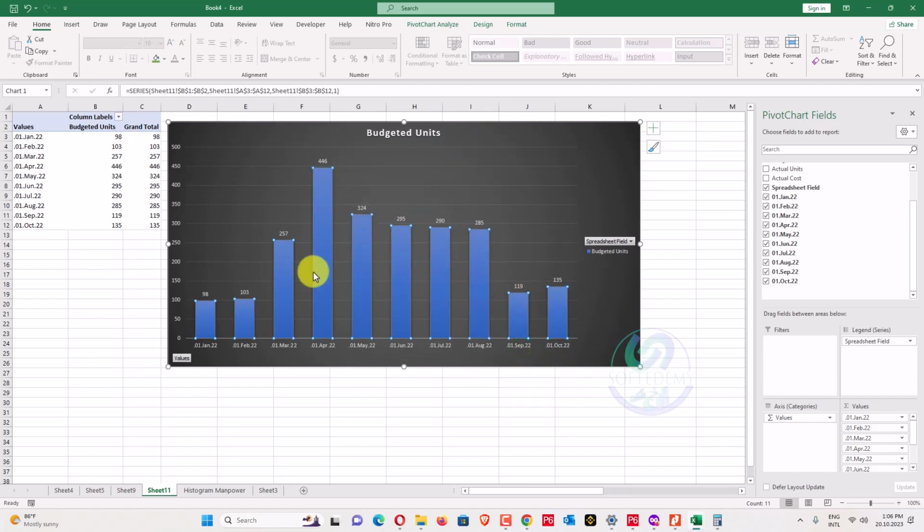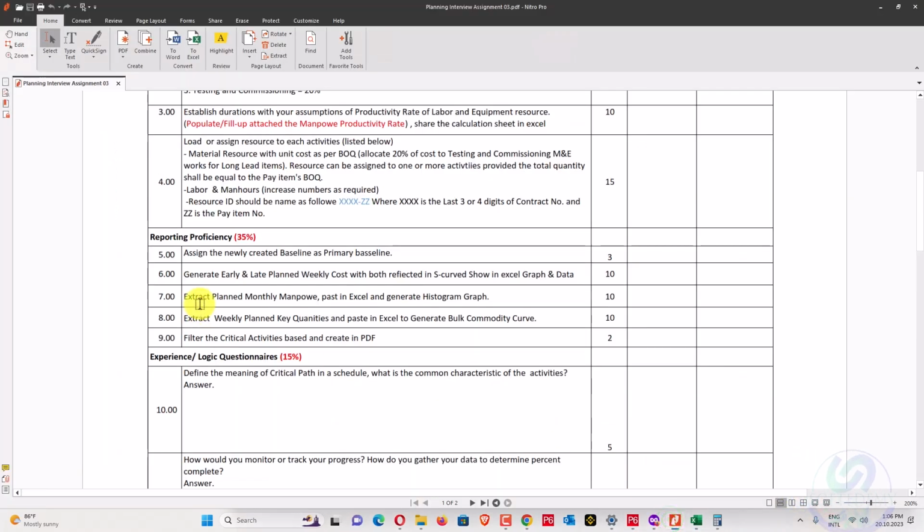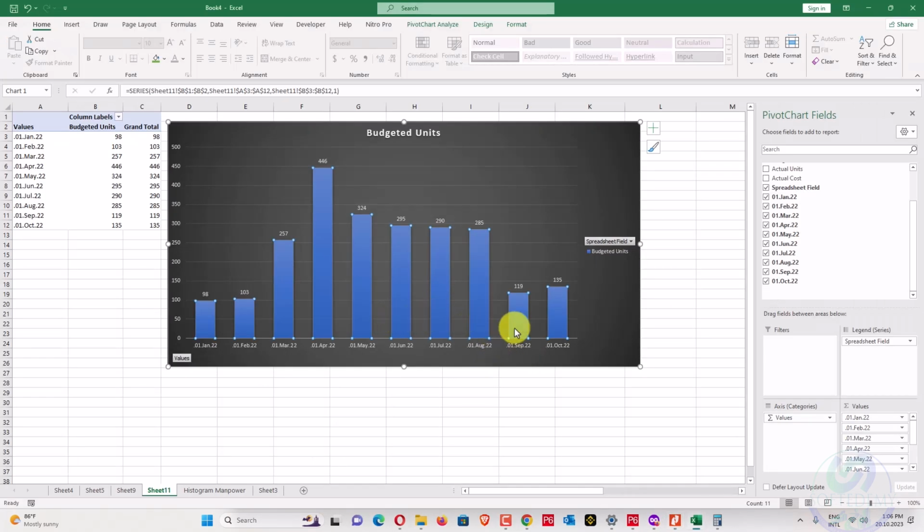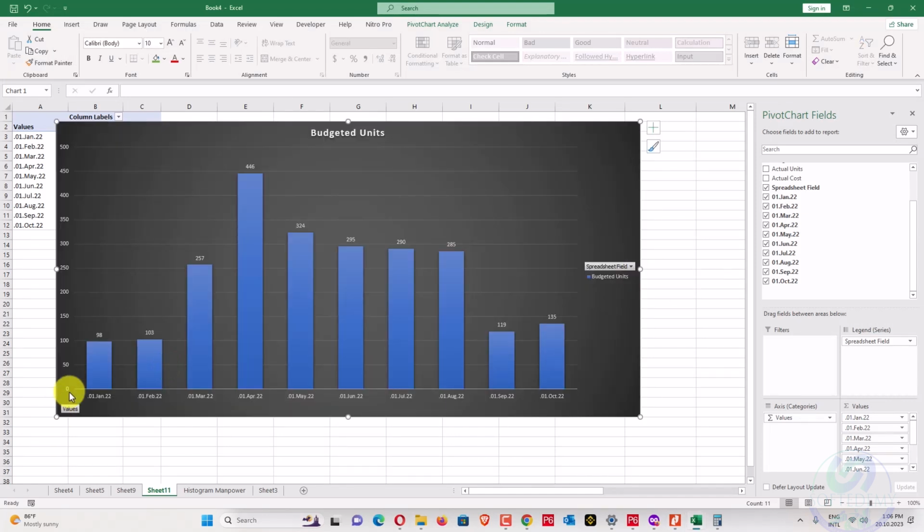You can see here monthly, this is a histogram. Is there any need of a chart or not? Extract, paste and generate the histogram, only to create and generate a histogram. This is the histogram for your monthly based manpower. This is the monthly based manpower you require, on the daily man days required on the basis of monthly.